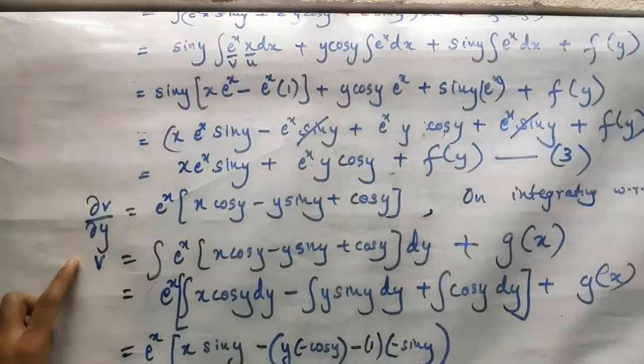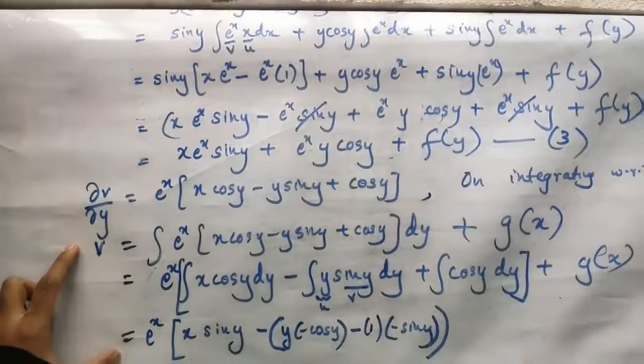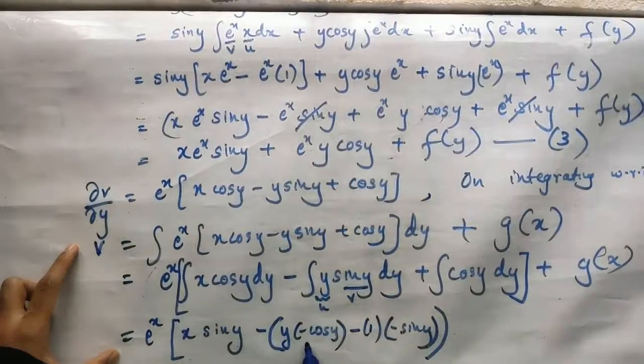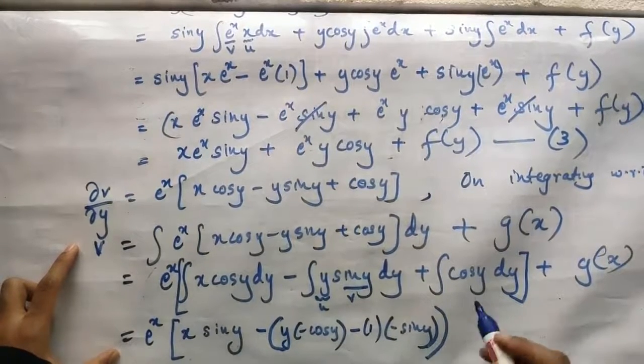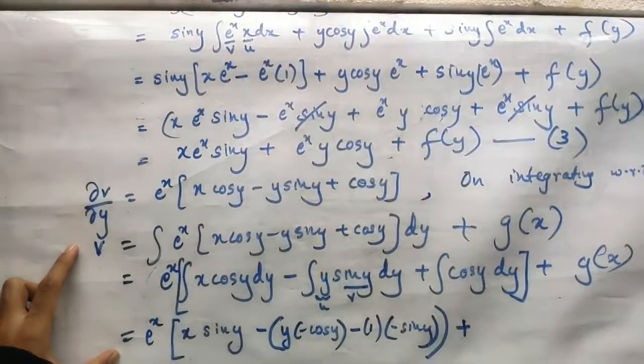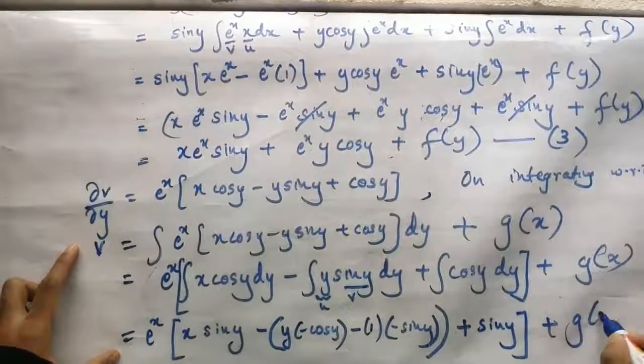Make a note. So here this is u, this is v because this will vanish after first derivative. So it will be y as it is, integration of sin y is minus cos y. Minus derivative of y is 1, integration of minus cos y is minus sin y, using Bernoulli's rule. I have already taught this in my previous videos, Bernoulli's rule. Please make a note of that as well. What is integration of cos y again? Sin y. Complete the square bracket, write g of x over here.